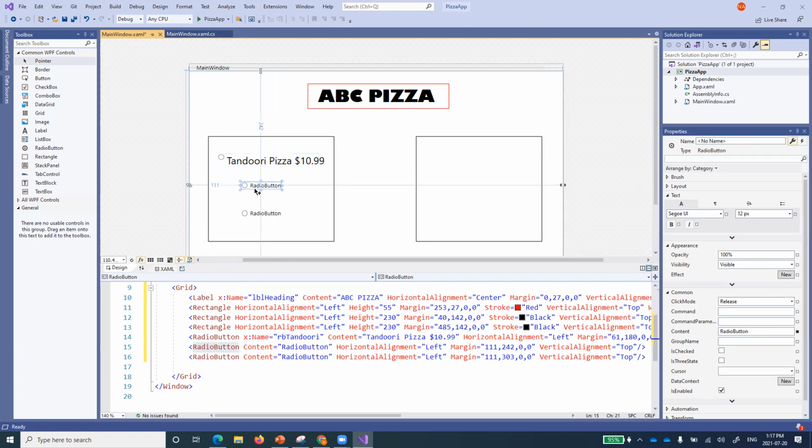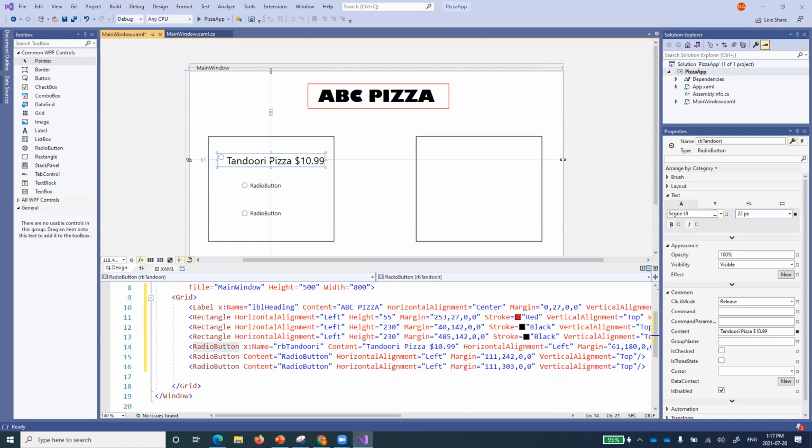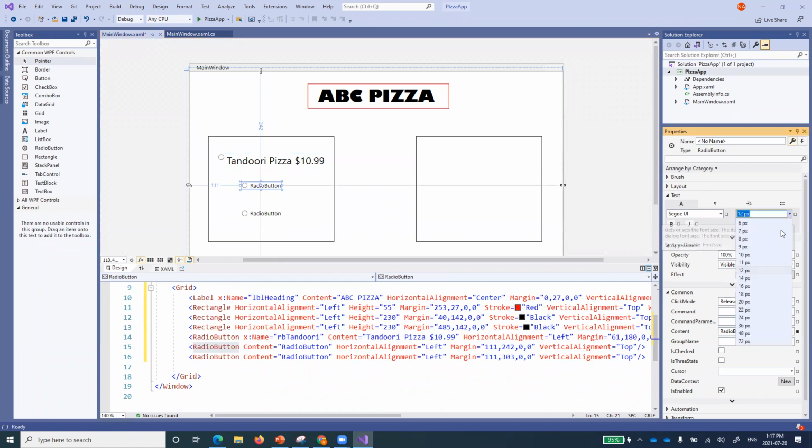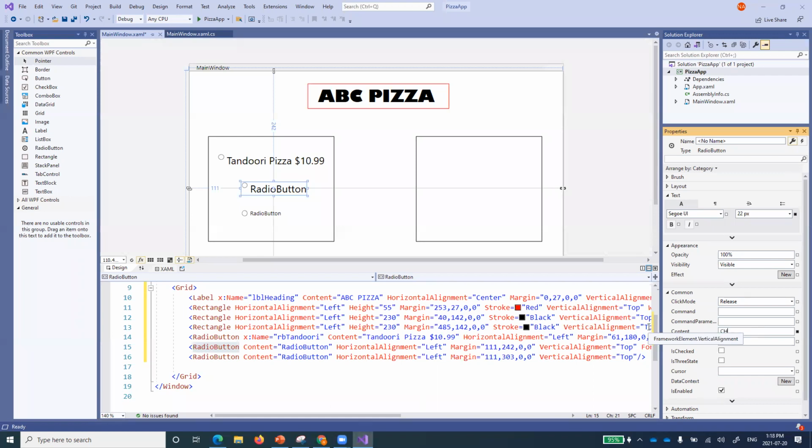Now come to this one. Second one. And let's see what are the properties. 22 size. It's a 22 size. And let's do that as well. First of all, 22 size. All those things that we have done with that one, we'll just try to do that as well. Not only that, I would like to call that as well something. For example, you say cheese pizza and $11.99 something. I don't know. Right? And now you can just place that with that one.